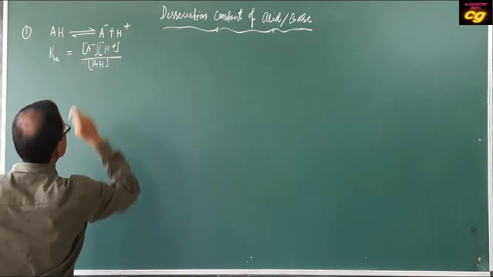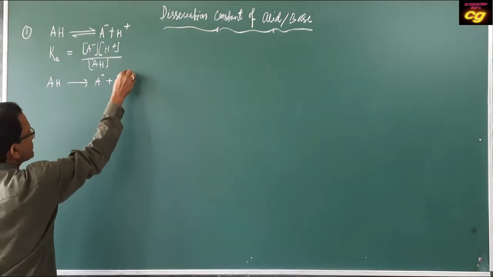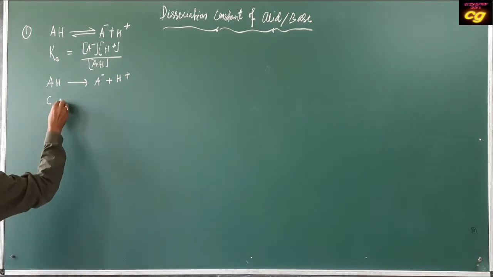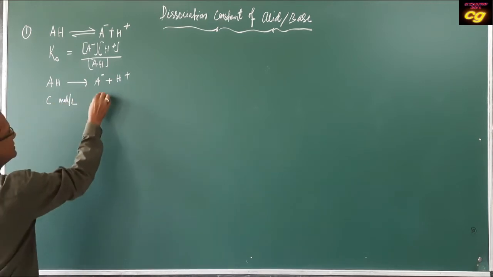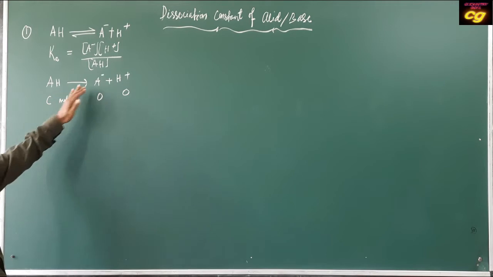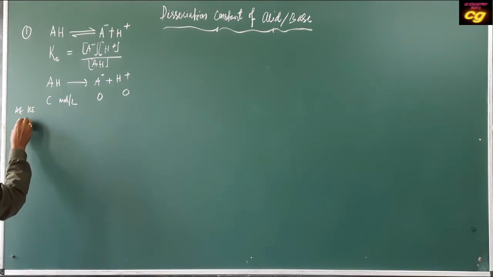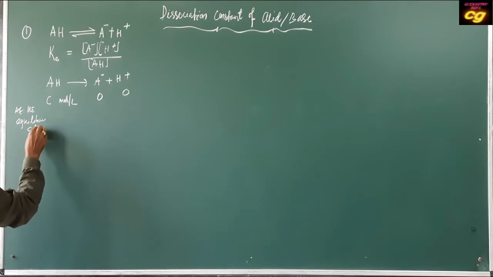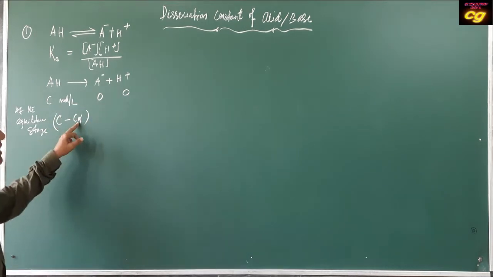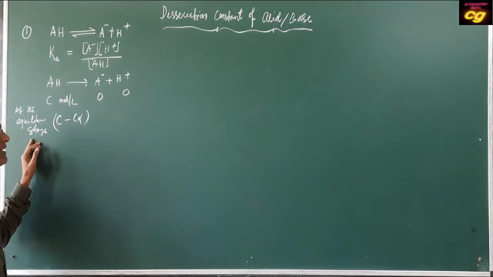If AH dissociates into A minus and H plus, let the initial concentration of the monobasic acid AH be C moles per liter, and initially A minus and H plus are zero because no dissociation takes place. After some time, when the equilibrium is maintained, at the equilibrium stage, let C alpha